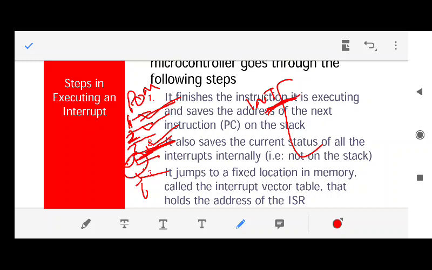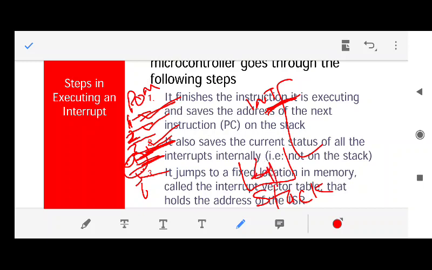It will save the address of line number 4 onto the stack. I have already explained this, and I am explaining it again. It will save the address of line number 4 onto the stack, because it has to remember where it is leaving its own program. 8051 has to remember that it is leaving the current program and going to service a new interrupt. So where it is leaving, it has to remember, so it keeps the next line onto the stack.